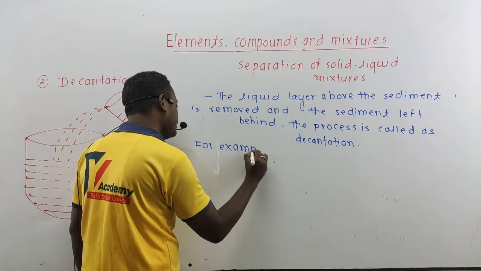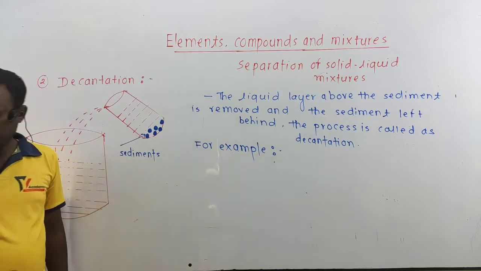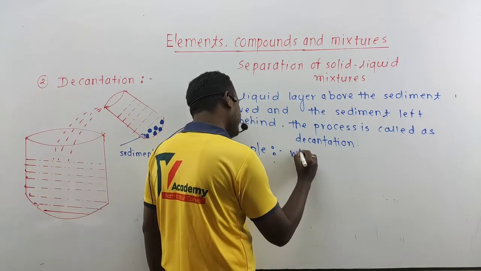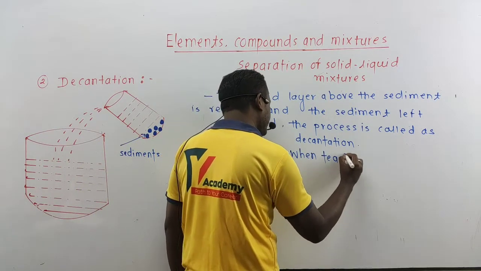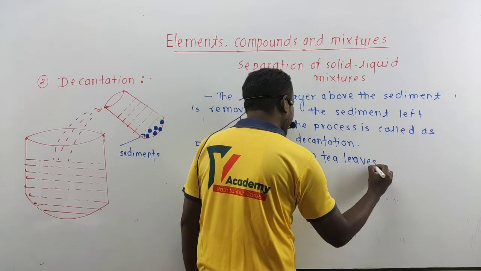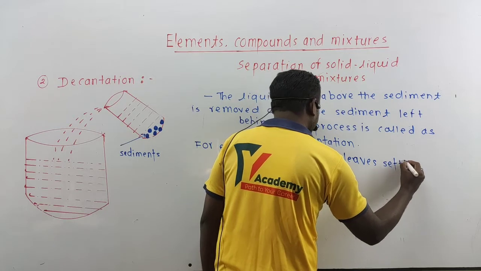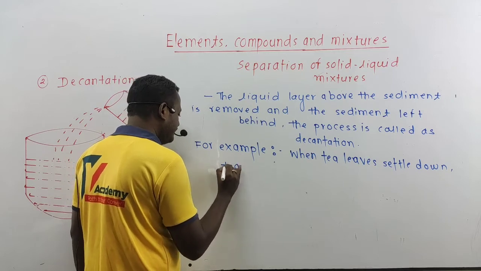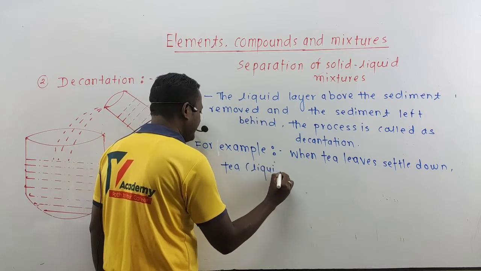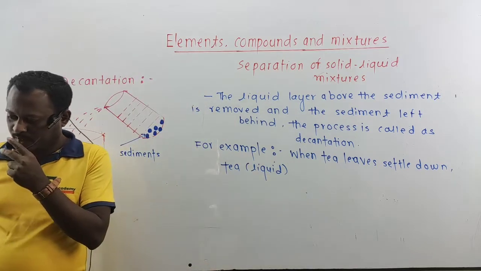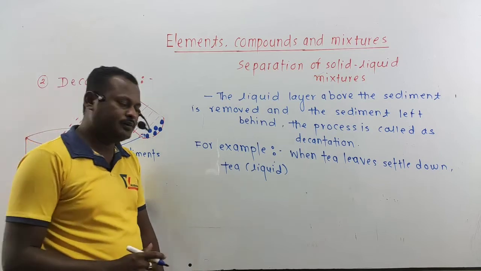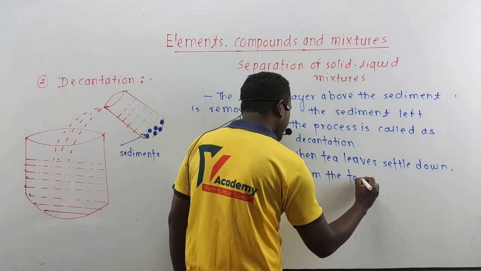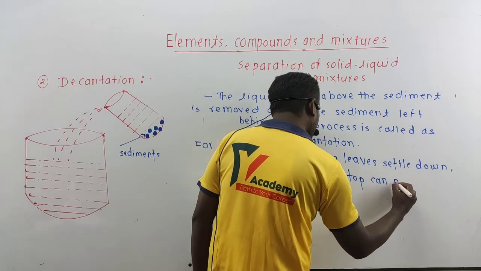For example, when tea leaves settle down, the tea, which is liquid, from the top can be poured